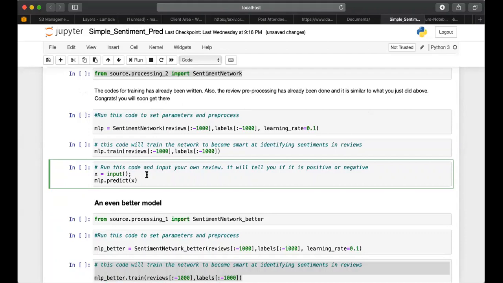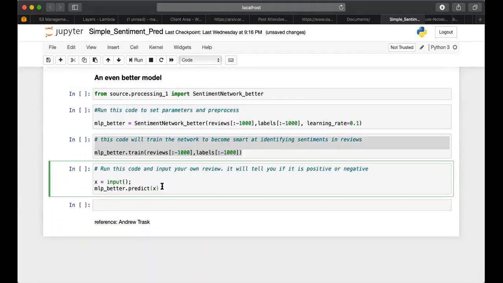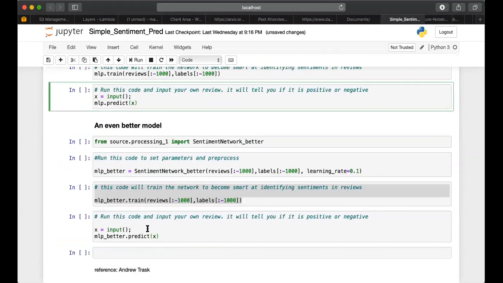It is probably not getting a good sense of what you're trying to say. If the review is very long, it will tend to predict better. On the other hand, this one actually performs better than the one above.